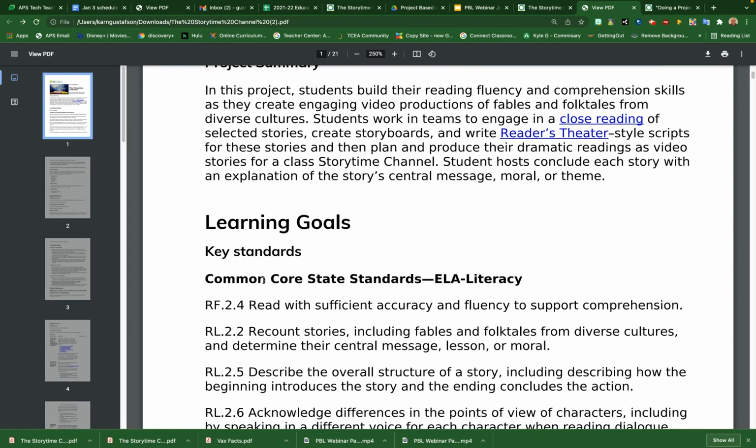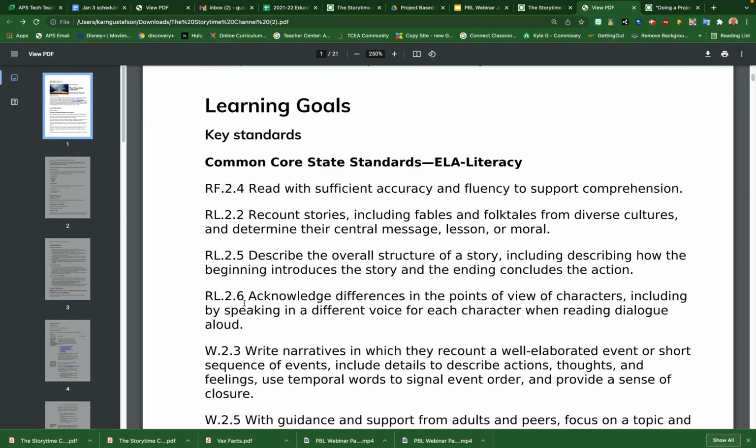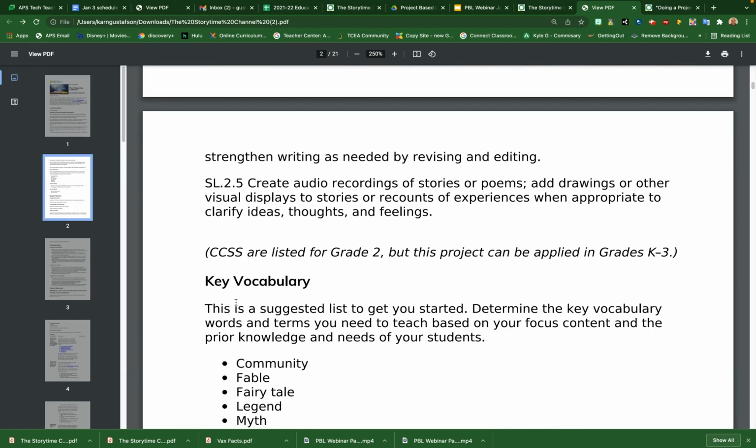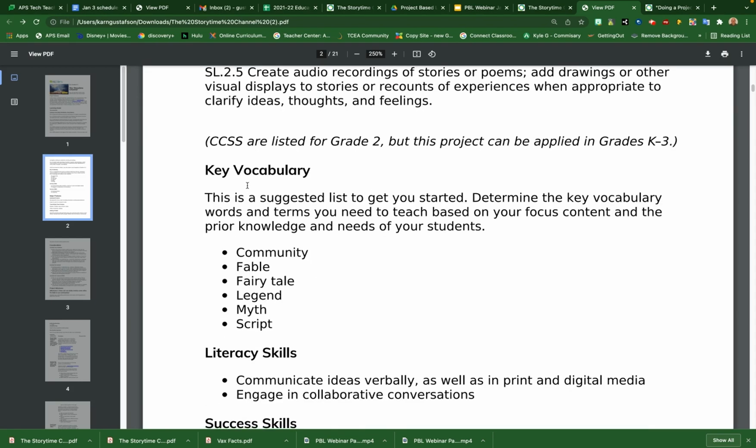Here you can see that they've added some Common Core state standards for ELA, right? All specific to those K through 2 Common Core standards. They've also included some key vocabulary. Oh, we see that it's for grade 2. It can be applied to K through 3. Keep in mind that this is a template developed by the Buck Institute and could be customized for your own personal use. They've included some key vocabulary they're expecting students to be able to define and utilize over the course